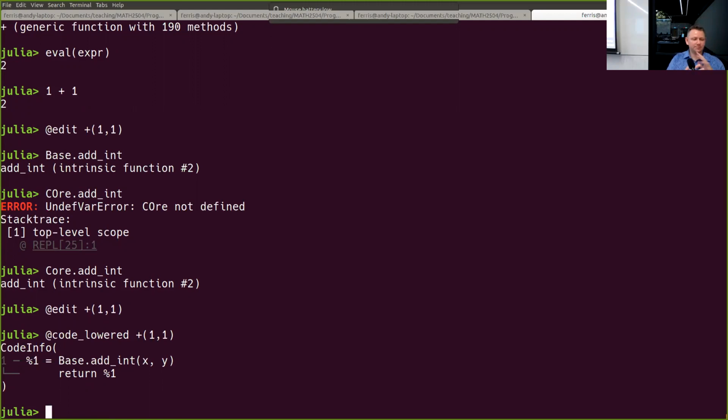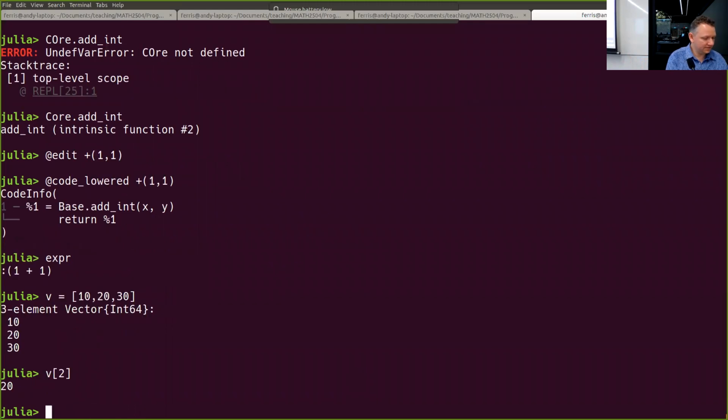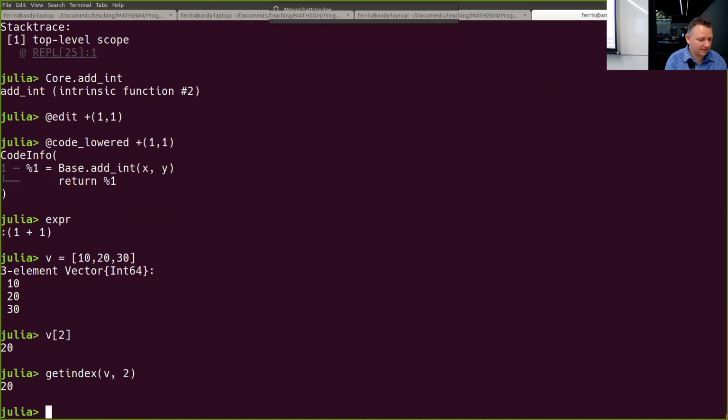Between the expression that I showed you before, expr, and actually getting an answer, there are several layers in the pipeline. First, the grammar or the syntax is transformed. Some things in the Julia language are syntax sugar. So if I say a vector is 10, 20, 30, and I write v[2], that's actually sugar for getindex(v, 2). So if I go Meta.parse v[2],